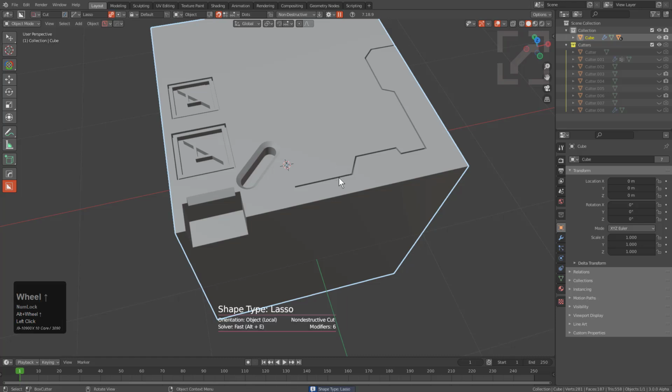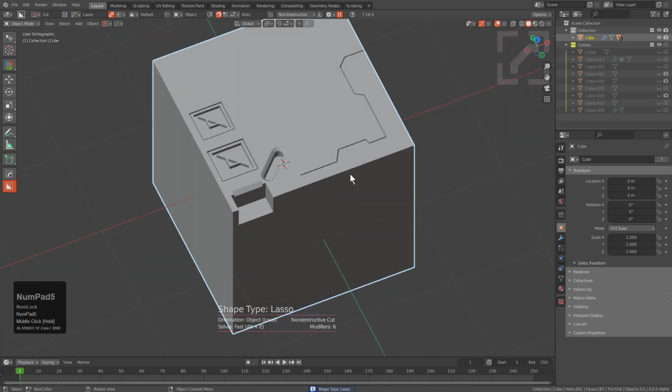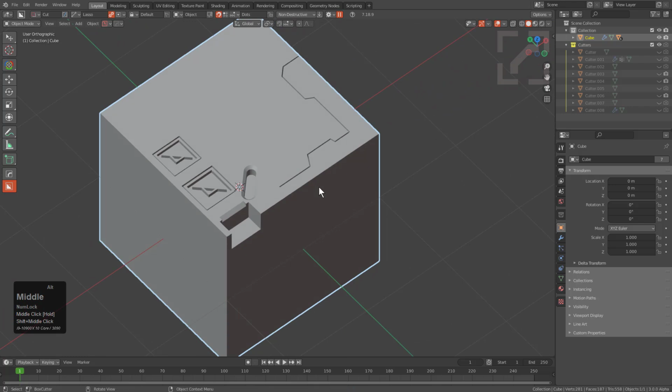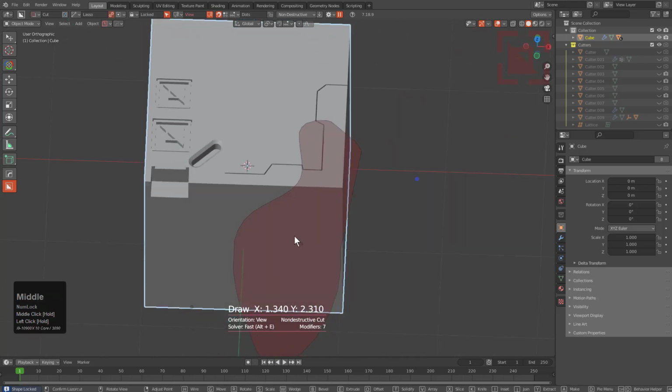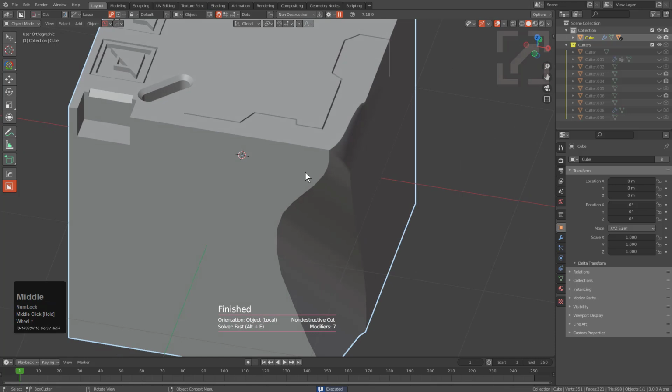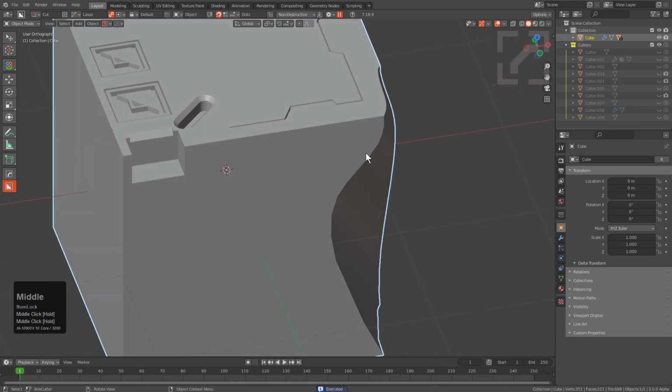The next one is Lasso. So Lasso is one of my favorites. However, I don't get a lot of chances to talk about it, but just by being able to click and drag, we're able to draw an equidistant line, and then we can just click and drag this dot in order to extrude, which can be useful for getting really nice freehand strokes. I still feel that there's a hard surface journey that this is able to go through to be taken truly